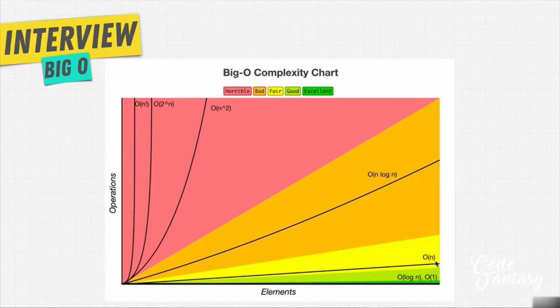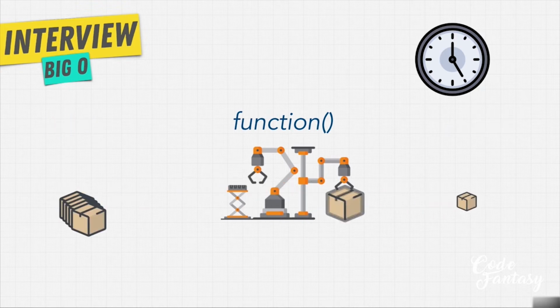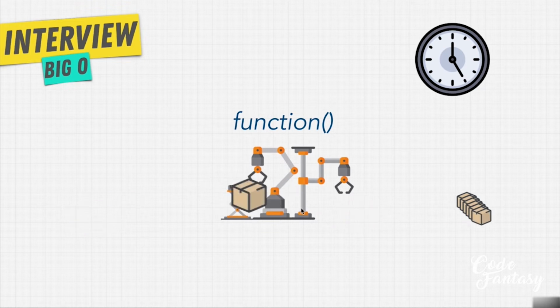Another way to think about it is this. If we had a compression algorithm, let's say this function is this little compression, and the input is this little box. What's the big O notation of this function? Well, if we had one element, it will just compress one item. If we had multiple elements, again, we still have to run each box through the compression algorithm to